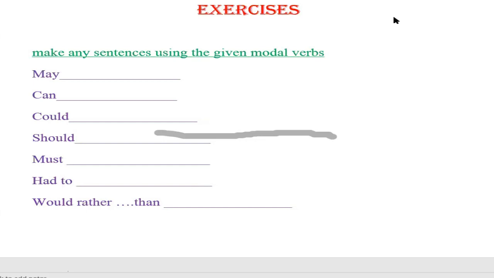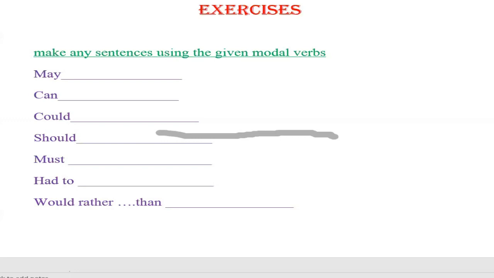You can do this classwork. Okay, who's going to do the first one? Let's do it together. Number one,